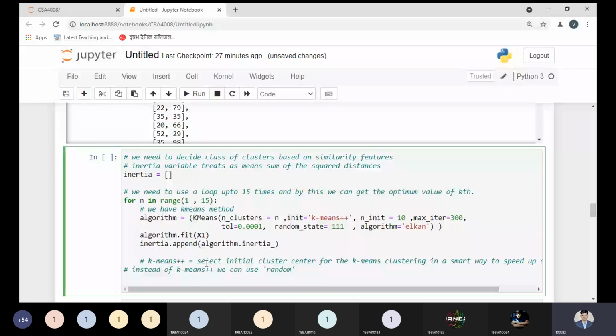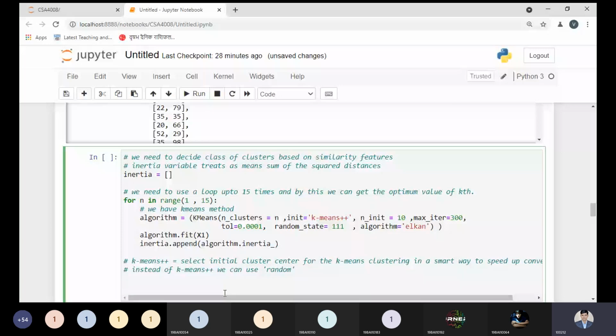Maximum iteration. So how many iterations you want to use? It's a parameter. We can pass 300. We can use any number of iterations. This iteration is shown to us internally, managed by the clusters only. And this tol is a more important point, so I can write over here. This tol stands for the tolerance actually.